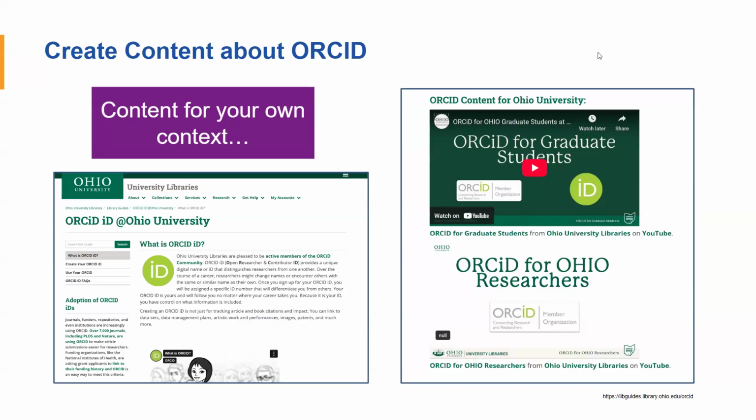So from here on out, some outreach strategies that you can take to promote ORCID to your organization and to your researchers. First things first is creating content that works for your own context, right? So culture or the way your organization is set up, it's good to know how those work within your own context. In ORCID, we have a lot of resources that are available to you that you can use, but it's always wonderful to create your own content that works best for your own